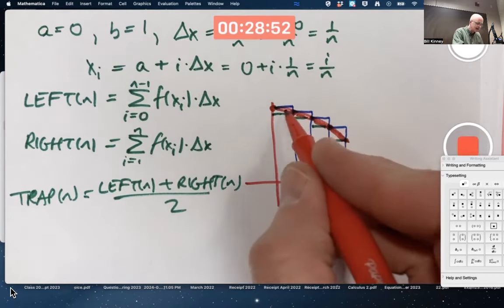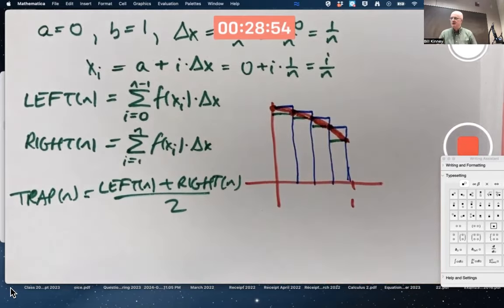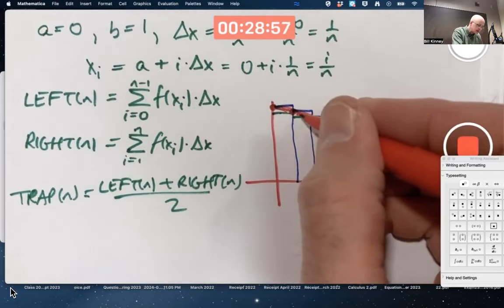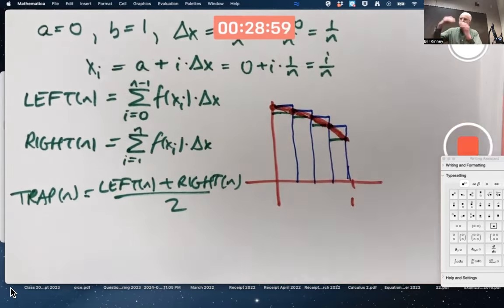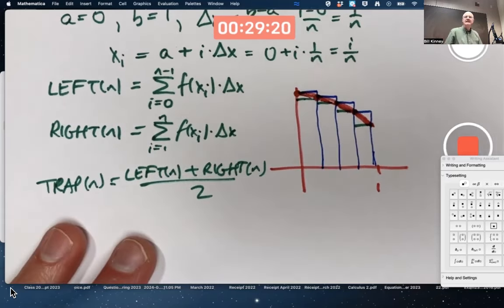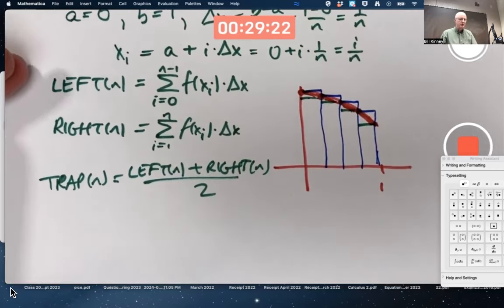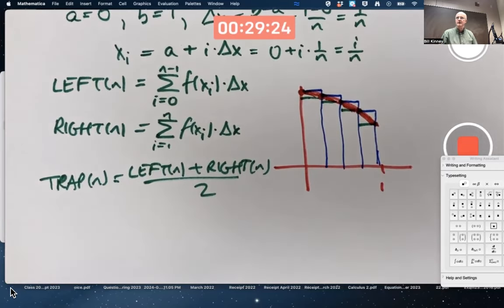Because the graph is concave down, if you draw those straight lines between those points, they'll be under the curve. And these trapezoids will have a total area that's a bit too small. When the graph is concave down, the trapezoid rule gives an answer a bit too small. If it were concave up, it gives an answer a bit too big. In any of these situations, whether you use the left-hand rule, the right-hand rule, or the trapezoid rule, you can